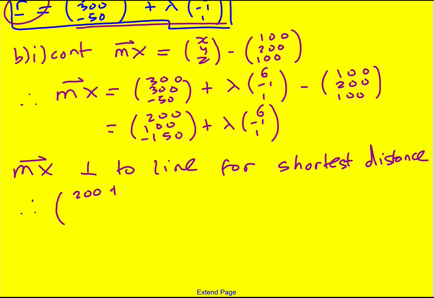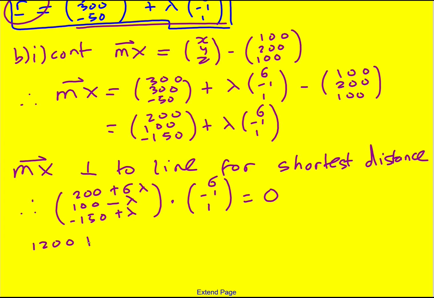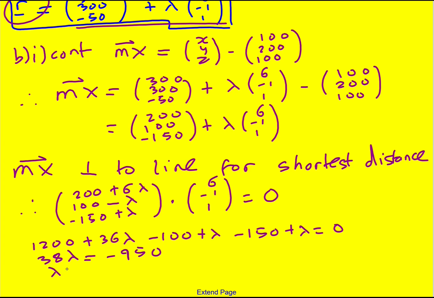So (200 plus 6 lambda, 100 minus lambda, minus 150 plus lambda) dotted with (6, -1, 1) is equal to 0. This gives us 1200 plus 36 lambda minus 100 plus lambda minus 150 plus lambda is equal to 0. So then 38 lambda ends up equaling minus 950, which looks really awkward, but actually it turns out that